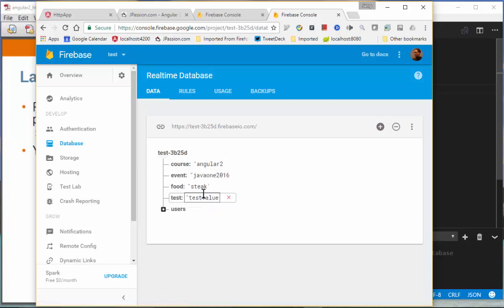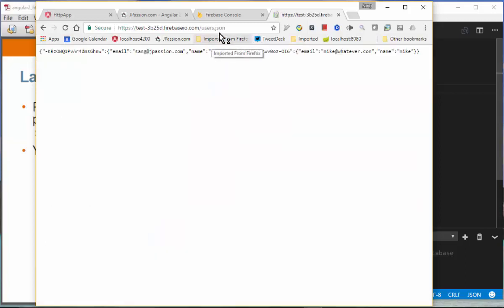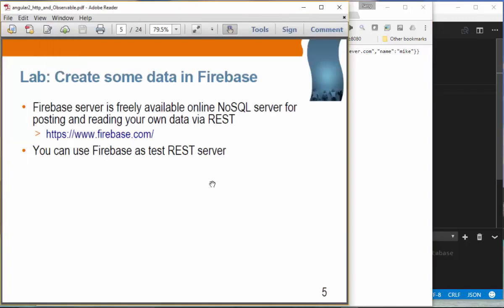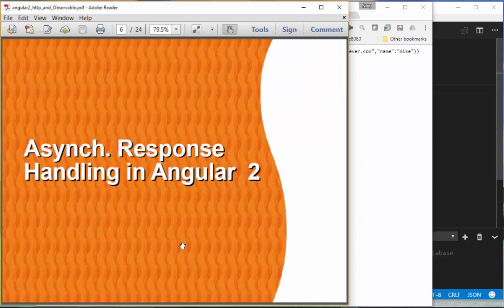Save link, and oops, not that one. Actually, I forgot the test. And let's see. So I'm gonna say users JSON, something like that. So you get the users in the form of JSON. Okay, so this is another test server that you can use for your REST operation. But we're gonna actually use this local REST server for our exercises. Okay, so moving forward,